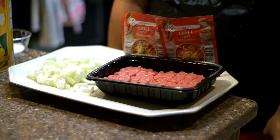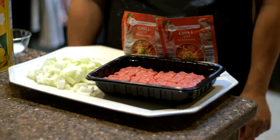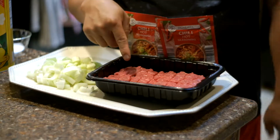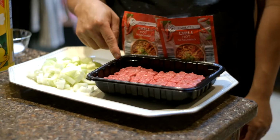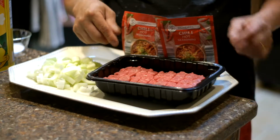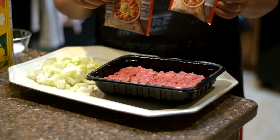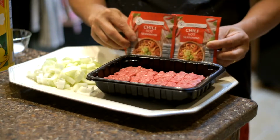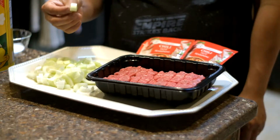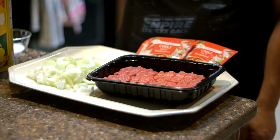Today we're gonna cook a simple chili recipe, and the ingredients we need are 1 pound of ground beef. I prefer 90% lean, and 2 pouches of chili hot seasoning, 4 celery stalks that I cut into chunks like this, and we have the